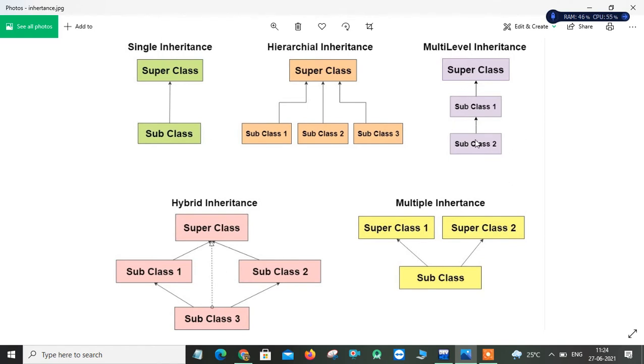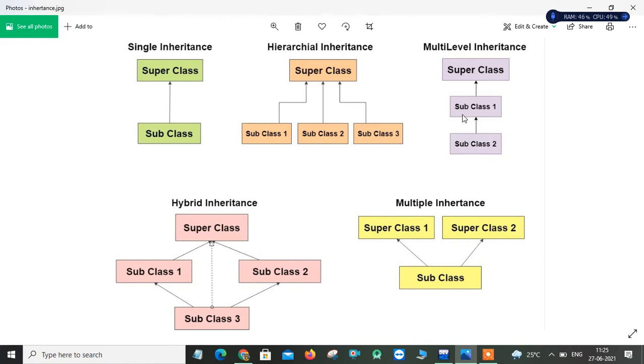Now coming to multi-level inheritance, we inherit classes at different levels. We can take this one as the grandparent class, which acts as a parent class for the parent of the child class. This is your child class. The child class gets the properties and characteristics of this base class directly, and this super class indirectly through the base class.